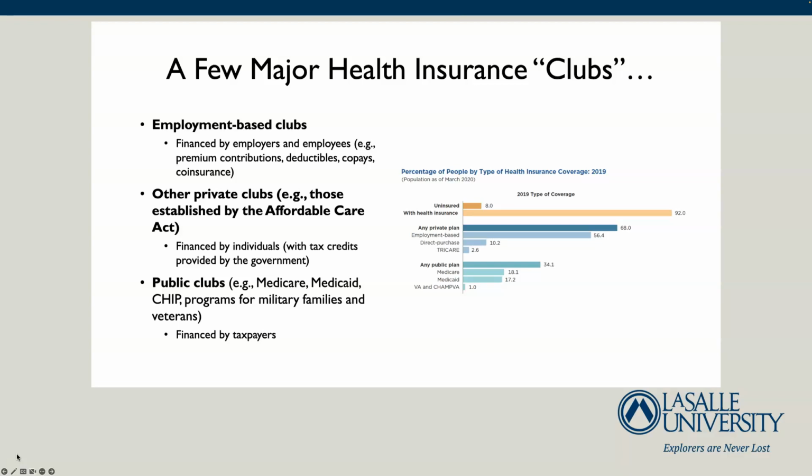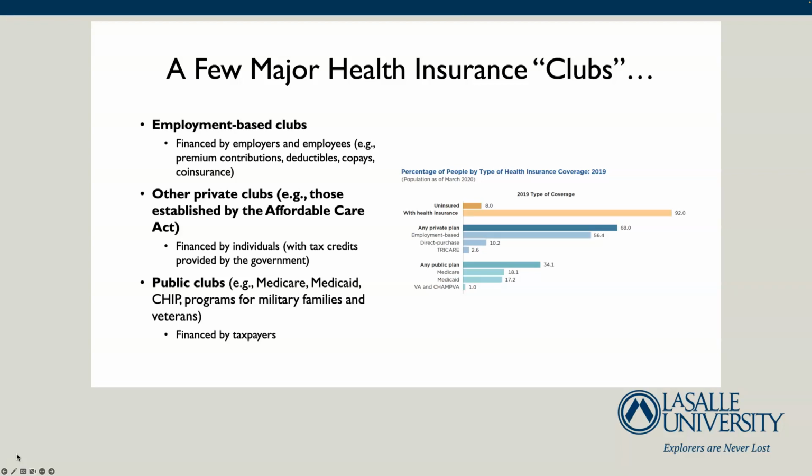However, we still have around 8% of the population without any form of health insurance coverage. More than 20 million people in 2019. And so one argument is that we need to have expansion in either employer-sponsored health insurance coverage, private health insurance coverage through the Affordable Care Act, or a public health insurance coverage to expand coverage to those who are uninsured